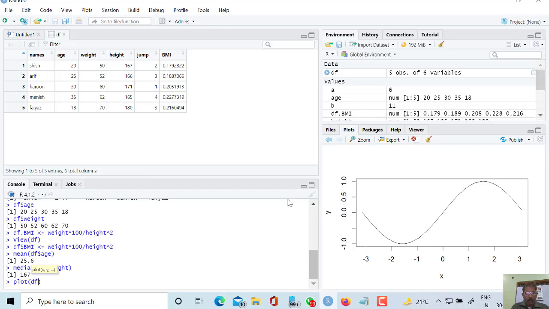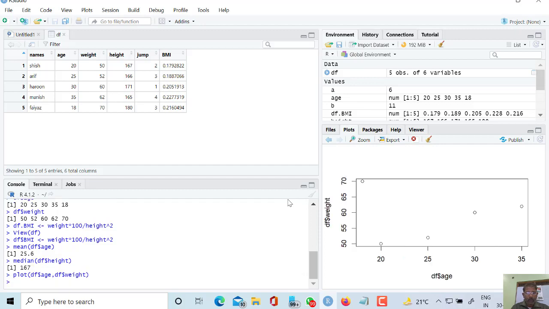So data frame age versus data frame weight. So here the age and weight graph is shown. So these are the things by which we can plot.